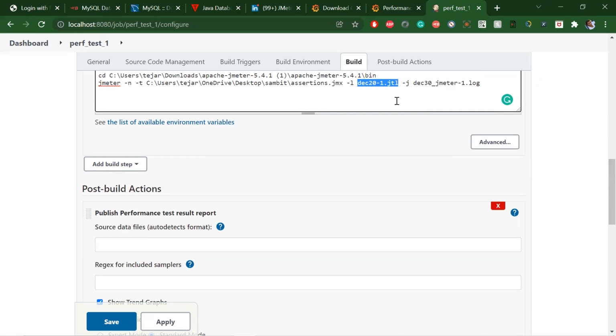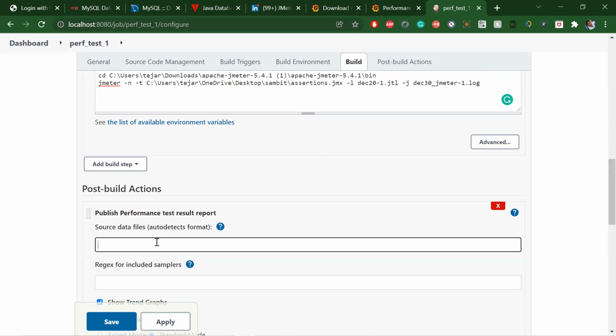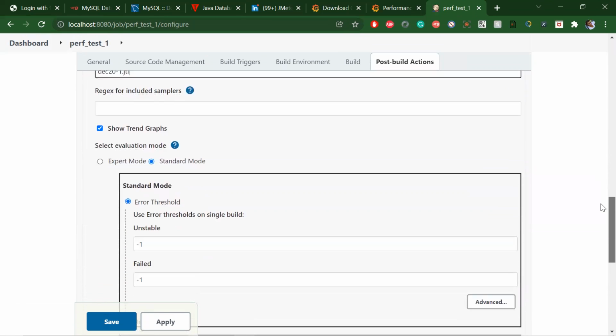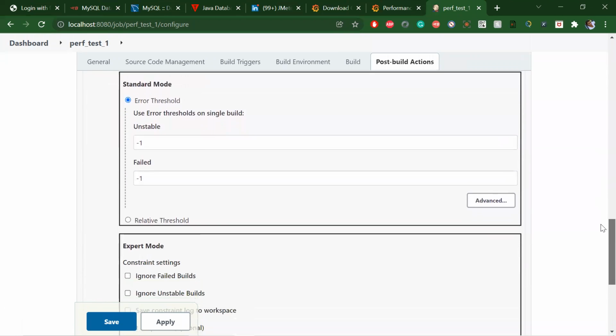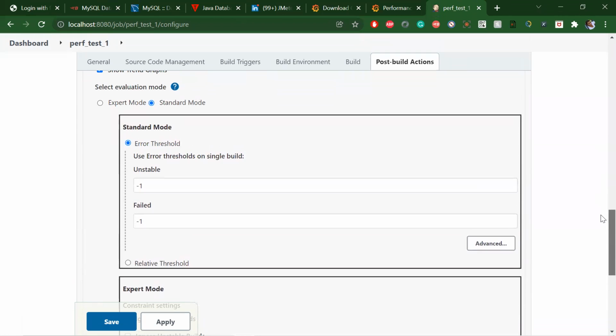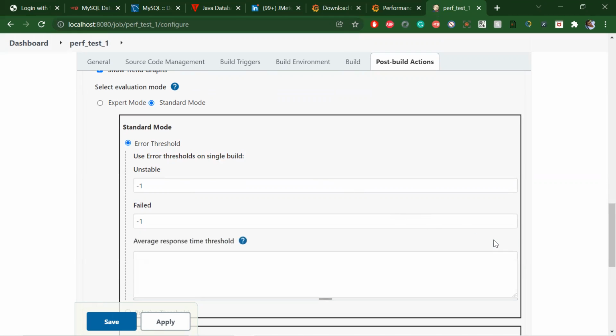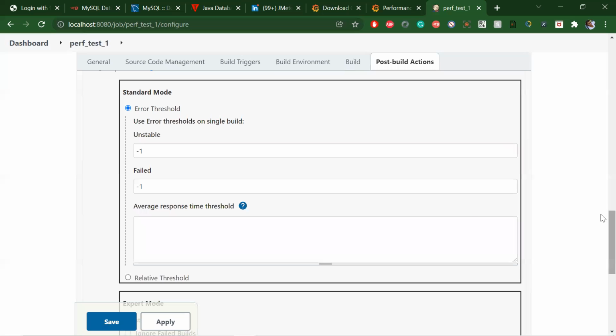Okay. So this is JTL. This is the source as JTL. Now we'll use an error threshold, where if there's some percentage of errors or some percentage of response time, based on that I will fail it.